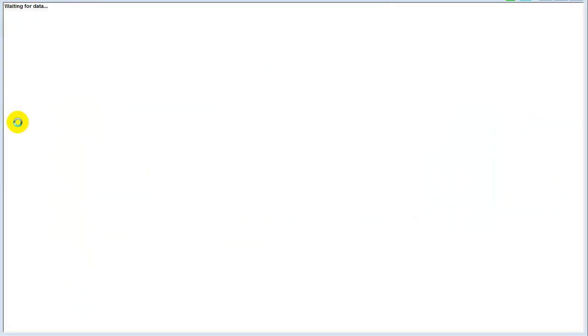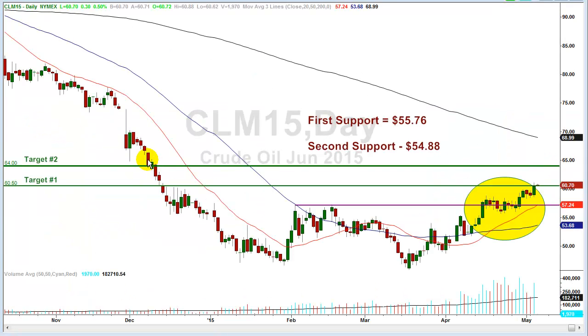Okay, let's go over to oil. This was a good one. Now, we're doing well here with oil, okay? We had a target back down here when oil was right at $58. I said as long as we close above $58, we're going to go to 60.5, and that's a pretty good move. $2.50 is a pretty good move in crude futures, right? That's several $1,000s on just one contract, okay? So it's $2,500 on one contract. All right, you have 3 or 4 contracts, and that's a nice little payday in a couple of days in the price of crude oil.